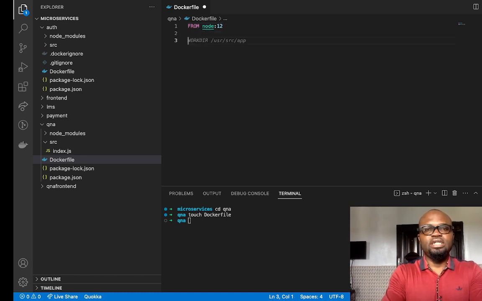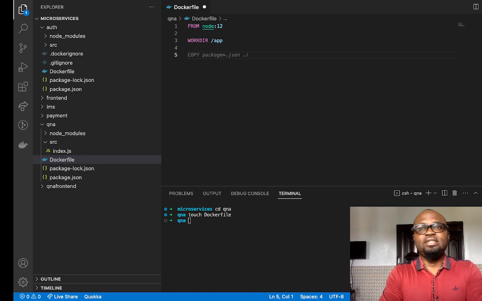So I'm going to come down again. Then I'm going to tell it the working directory. So which directory am I going to be working in? I'm going to be using the working directory of /app. /app, that's what I want to be using. So after telling it the working directory where you're going to be working from, the next thing it will be